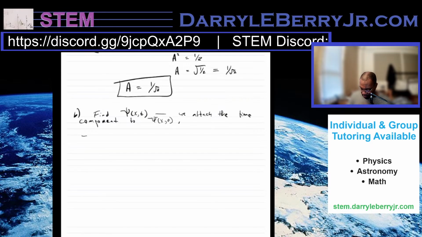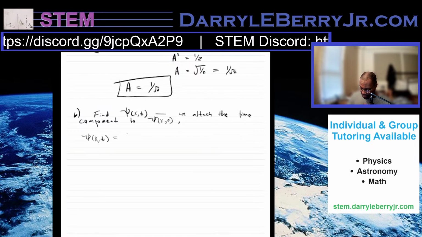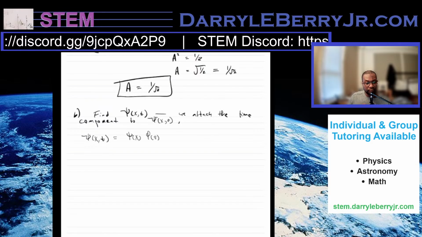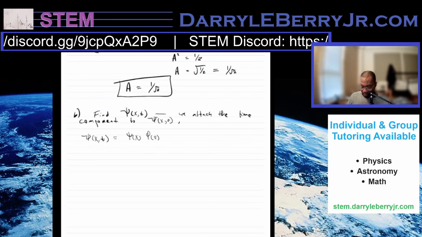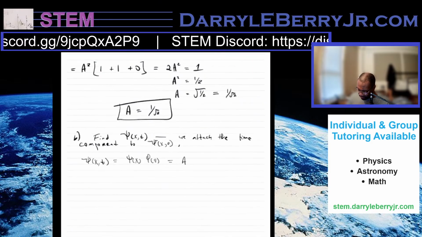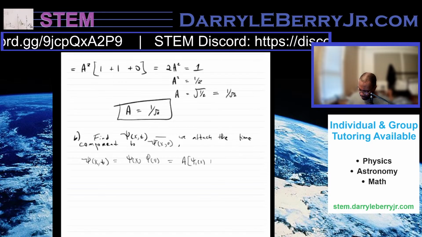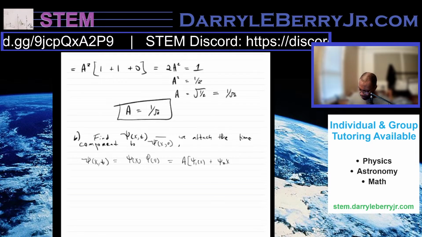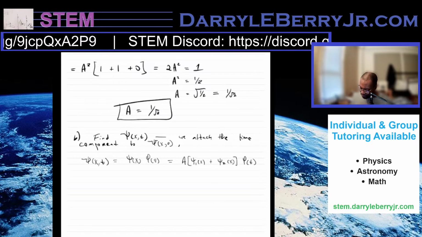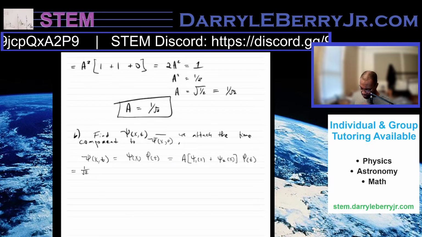So psi of x and t equals psi of x and psi of t, which equals a times psi 1 of x plus psi 2 of x, times psi of t. So this is going to equal 1 over square root of 2